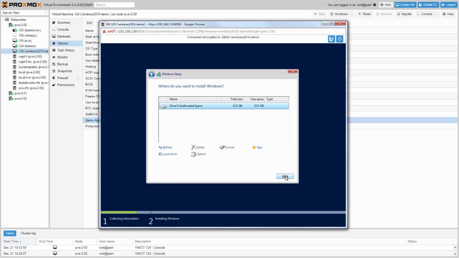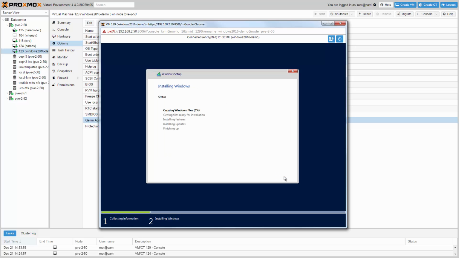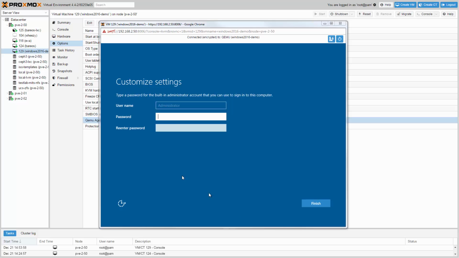Confirm the installation disk, and click Next. Windows now will start the installation. This will take a few minutes, depending on your hardware. After a few minutes, continue the installation by creating the password and login.